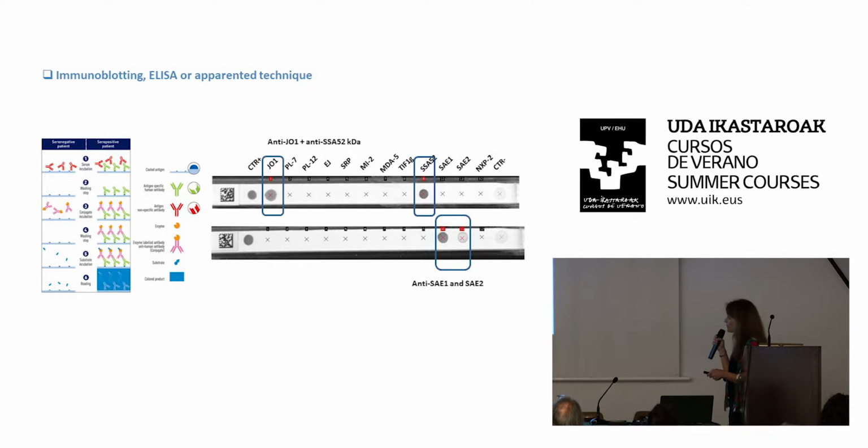What is immunoblotting? Immunoblotting is this membrane in which you have specific autoantigens that are spotted on it. Here Jo1, here PL7, PL12, etc. Then you put the serum of the patient on this membrane, and if there is autoantibody specific toward the antigens that are spotted on the membrane, then they will fix, and then we will reveal these autoantibodies using a secondary